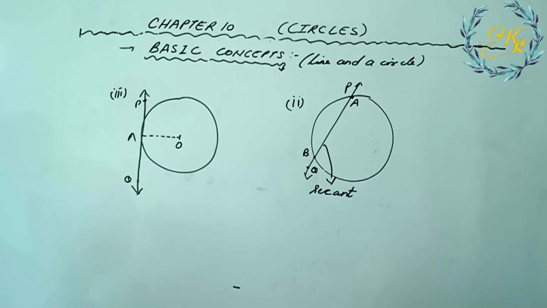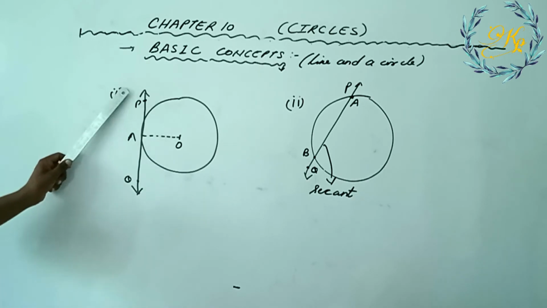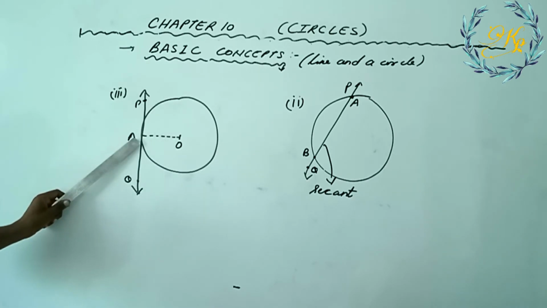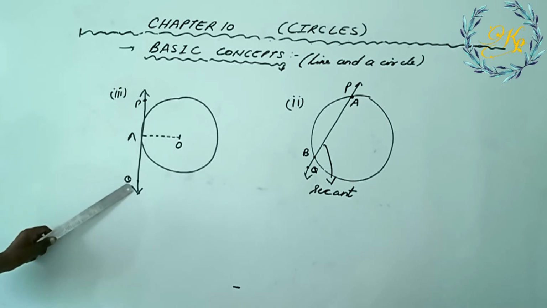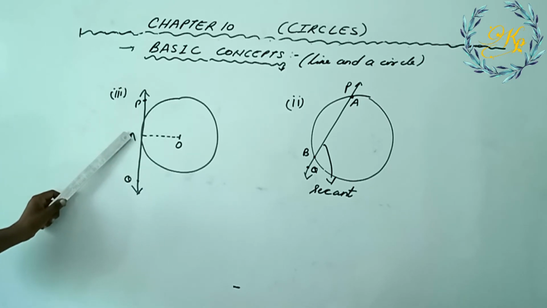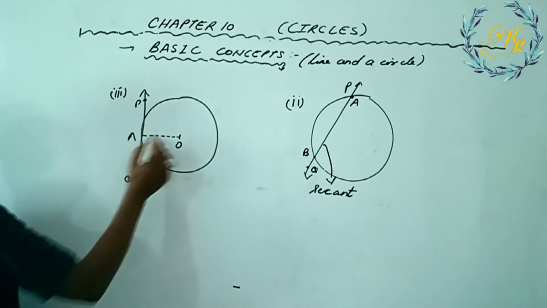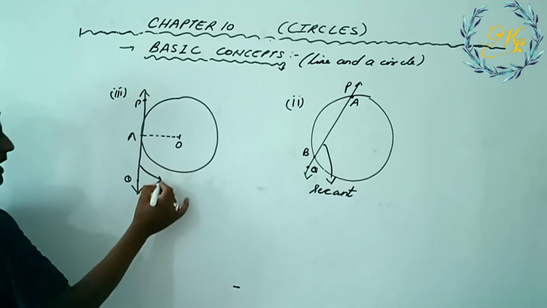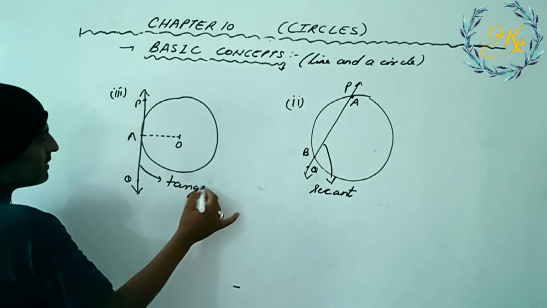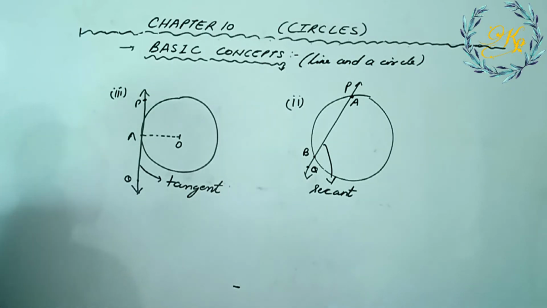In the third case, what do we see? That is, there is only one point A which is common to the line PQ and the given circle. Okay, so we can say that when a line touches the circle at one common point, that line is termed as the tangent to the circle. So here we finish with a few